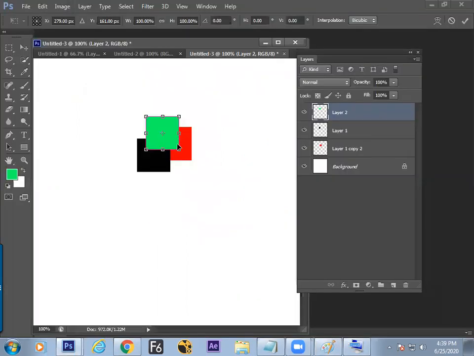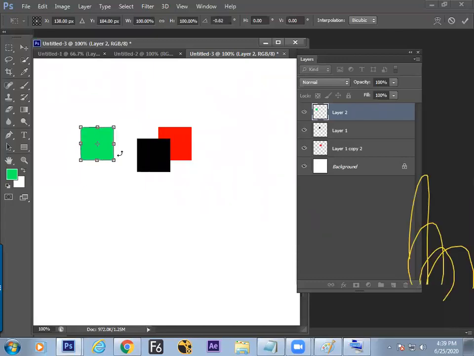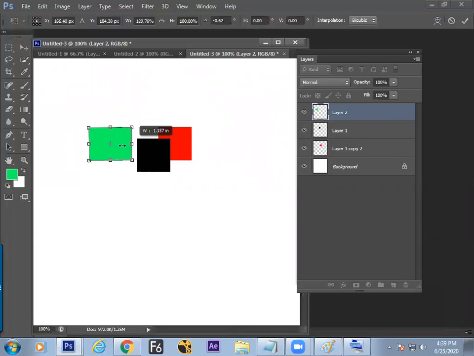And the benefit of free transform, yes, we can see now, though we are able to move, along with that we are able to rotate by moving the cursor outside the screen. Then we are able to scale, and make it skew.